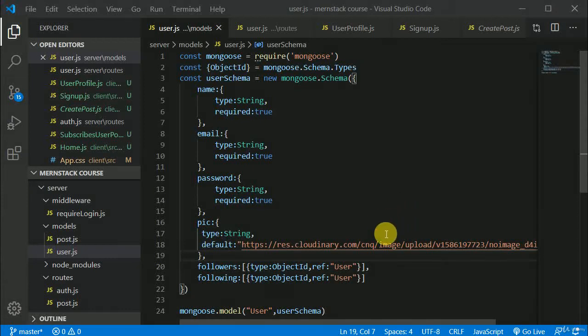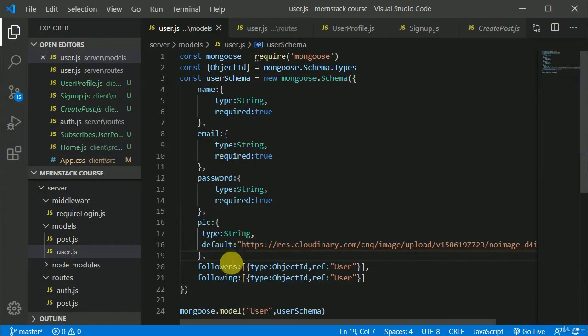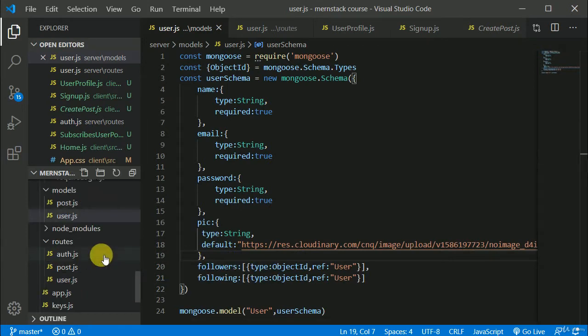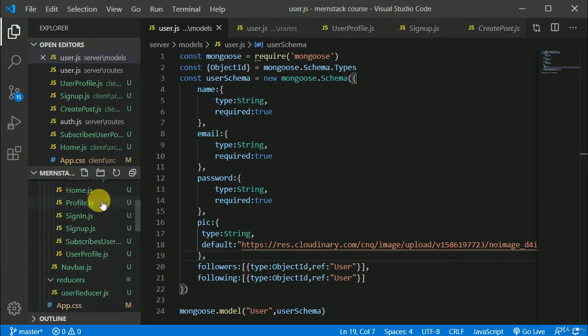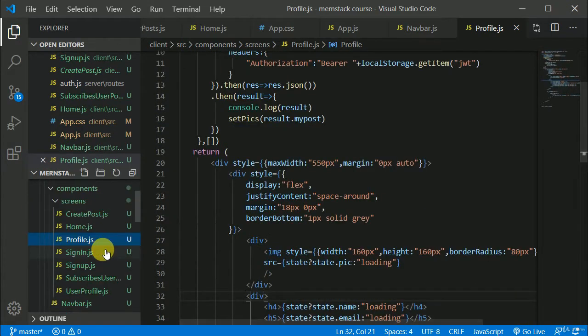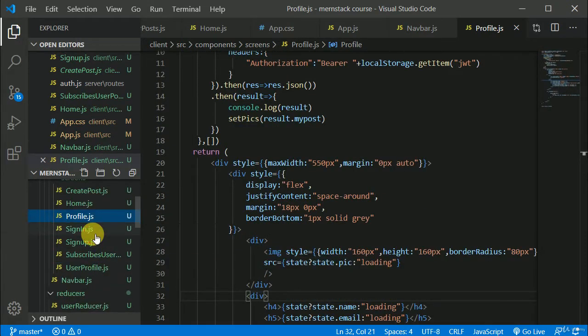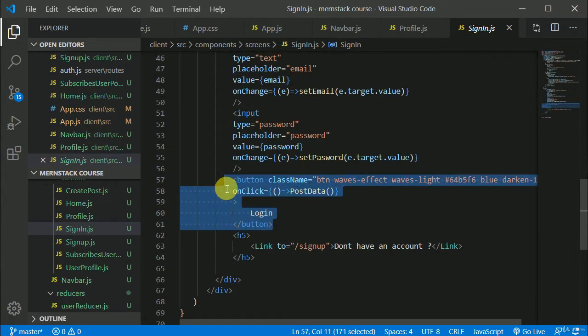So now let's work on update profile picture, right? So let's do that. It's quite easy, right? So we will go to profile, and maybe we will copy a little button. Maybe we can go to the sign in screen and copy the button, right? Control C, and I will go to profile again,